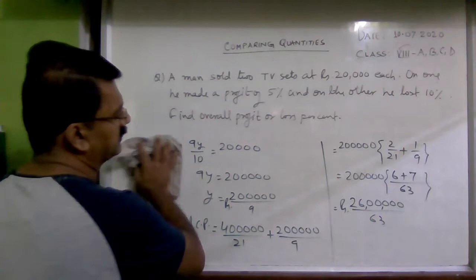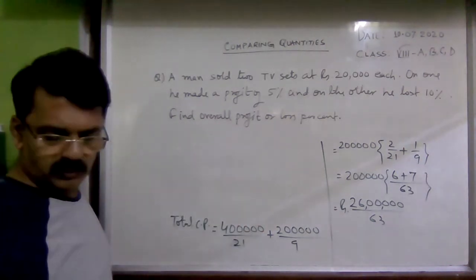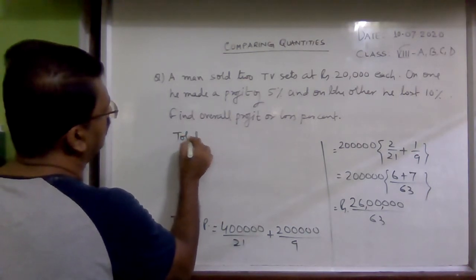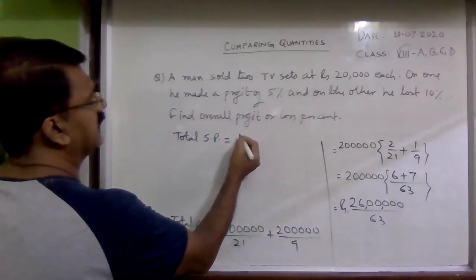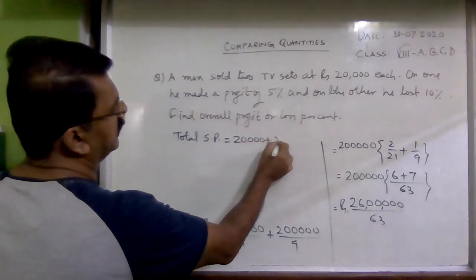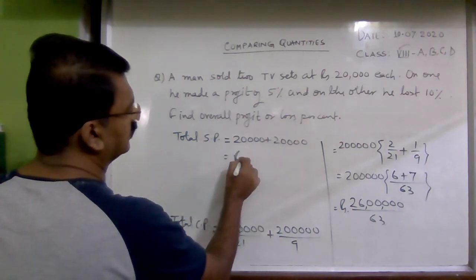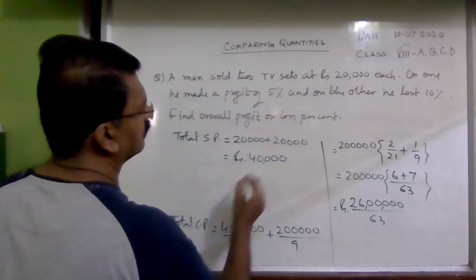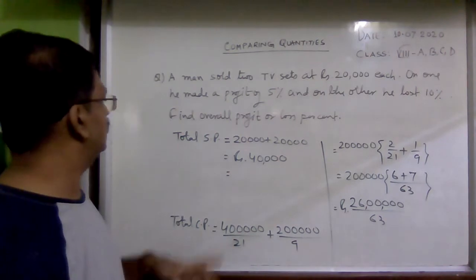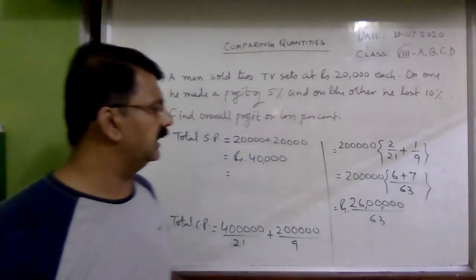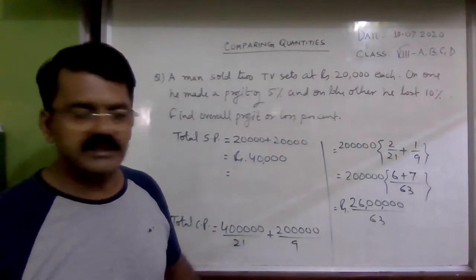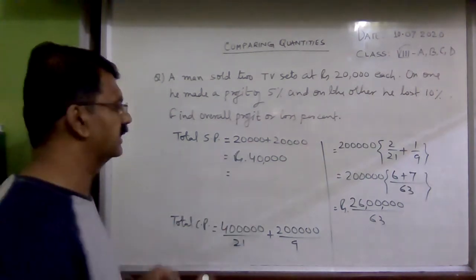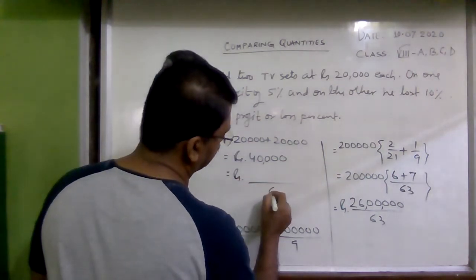So the total SP is rupees 40,000. Total SP is equal to 20,000 plus 20,000, that is equal to rupees 40,000. Now, to compare the two quantities, that is the total CP and total SP, what we do, we'll make both the denominators same. Here it is 63, so we'll multiply this 40,000 also by 63 in the numerator and the denominator. So it will be 63 here,